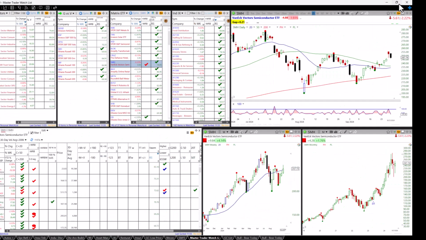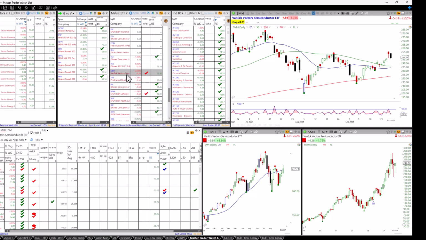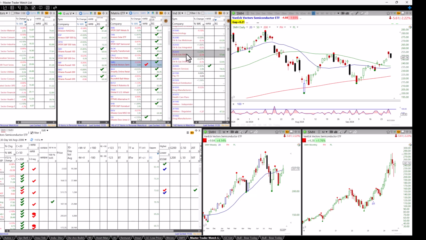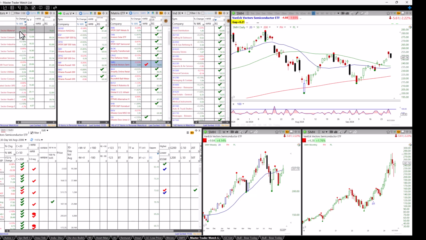All right, some sectors. So this is another one of our screens, different platform, top-down approach, S&P sectors. This looks at equally weighted. This is a whole lot of ETFs that we monitor, and this is subsectors, which breaks down these more diverse sectors here. And so your S&P spider sectors are much more diverse, where these are more concentrated.